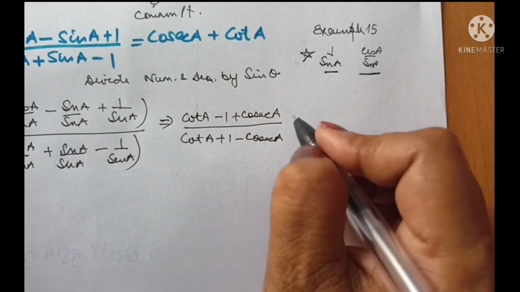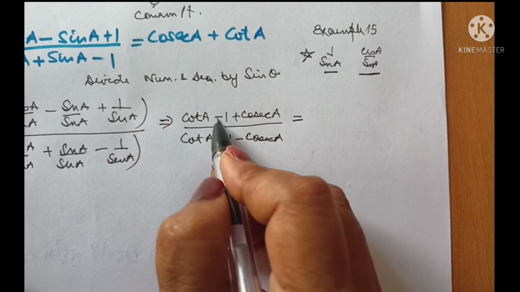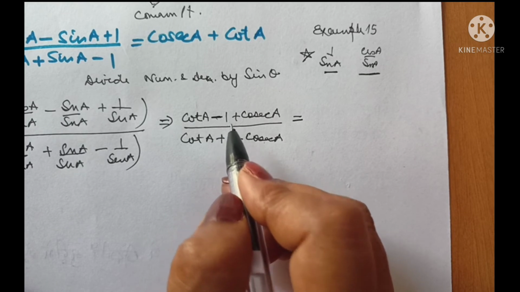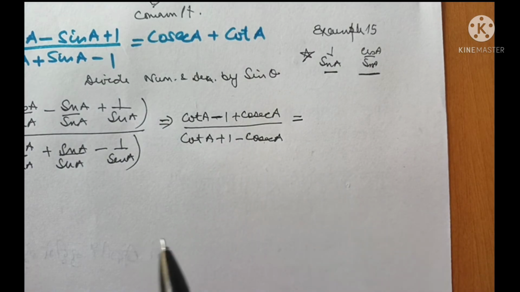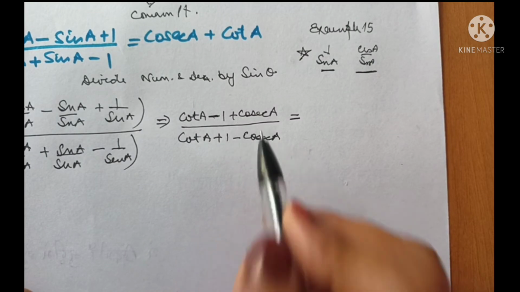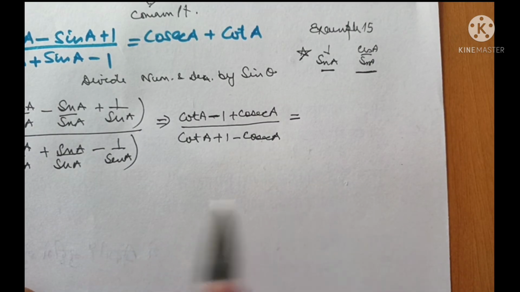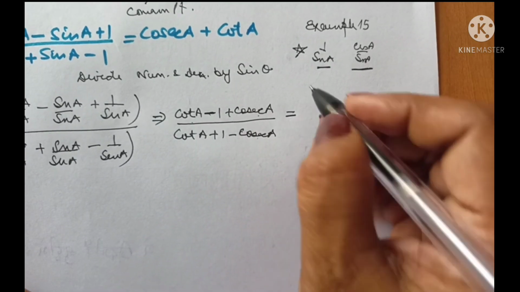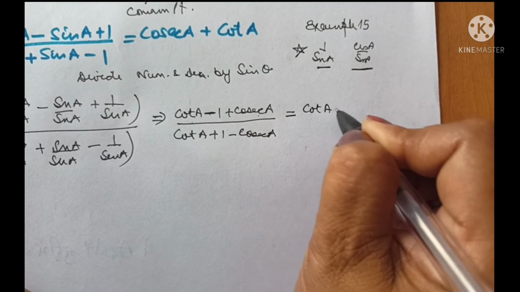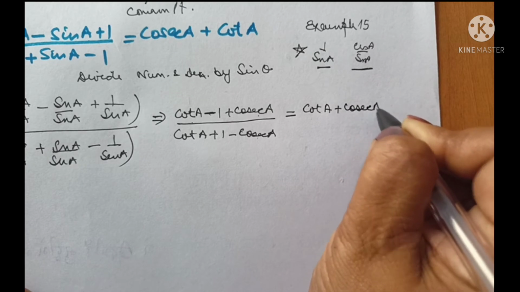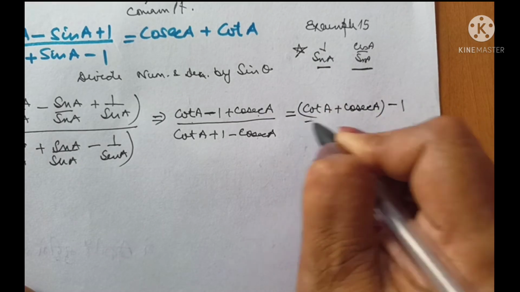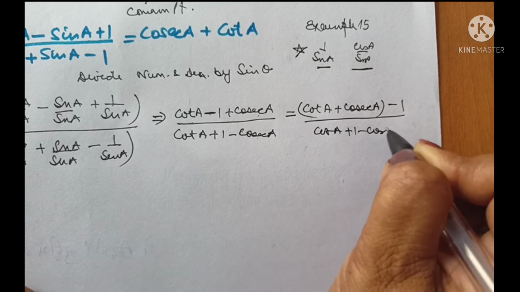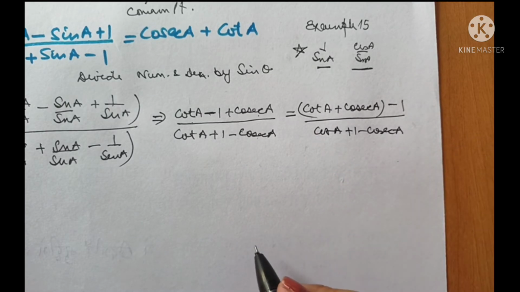Now see, what we are going to do here is, we shall replace 1 by the identity. Now 1 can be replaced by cos square plus sin square, or cosec square minus cot square, or secant square minus tan square. But we shall convert it to cosec and cot because they are already lying here. So first let me just rearrange the terms in one step. Cot A plus cosec A minus 1. In denominator, no change. I am writing as it is. There is no change in the denominator up to the end of the question.